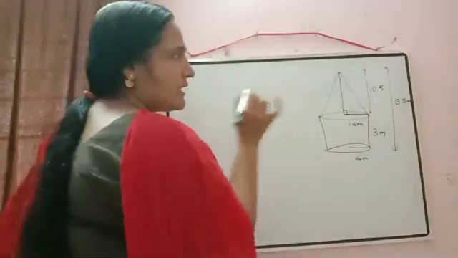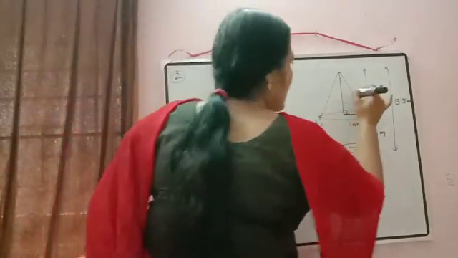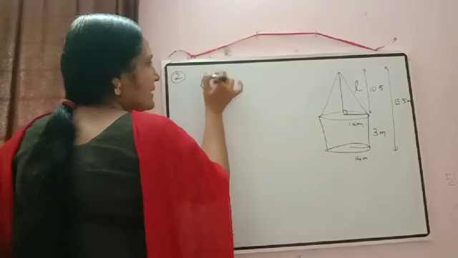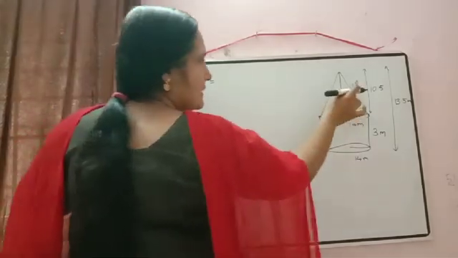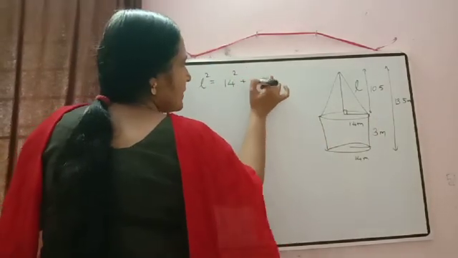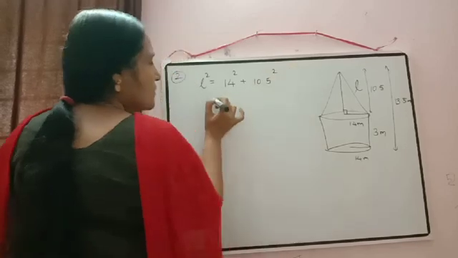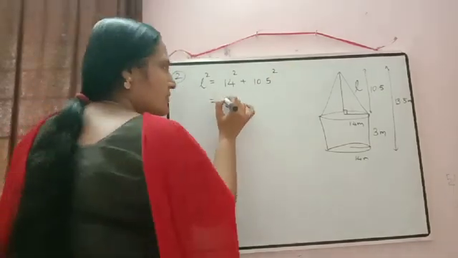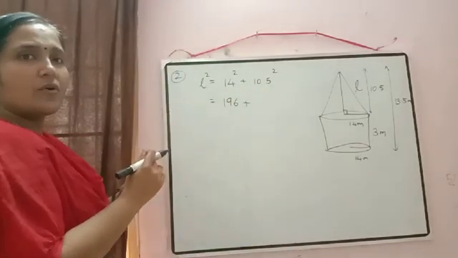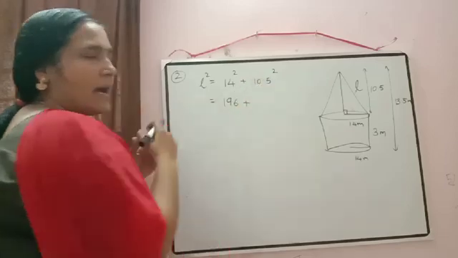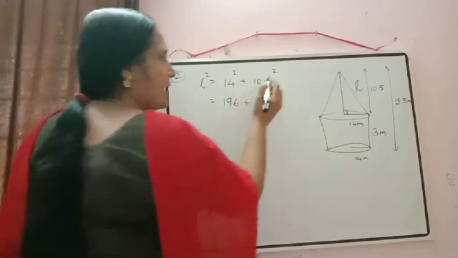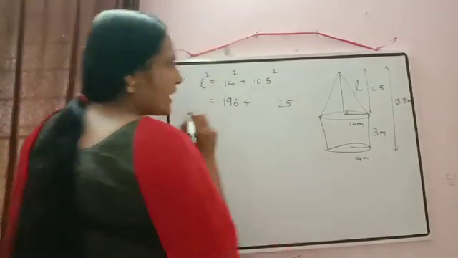Now we can calculate the slant height, and as you know, slant height is denoted by the letter L. So directly we can write first L square is equal to, we know the formula, L square is equal to R square plus H square. So 14 square plus 10.5 square. What is 14 square? 14 square is 196. 10.5 square. So already I told you, whenever in the unit place we have the number 5, there is an easy method to calculate the square. How we will calculate? First, 5 5s are 25.